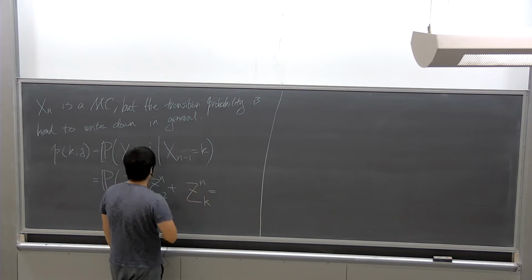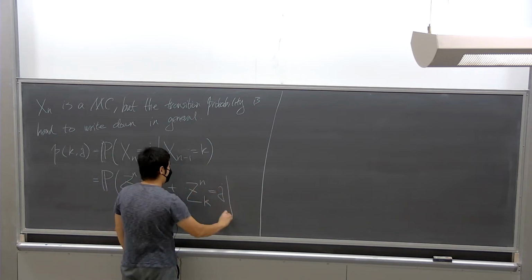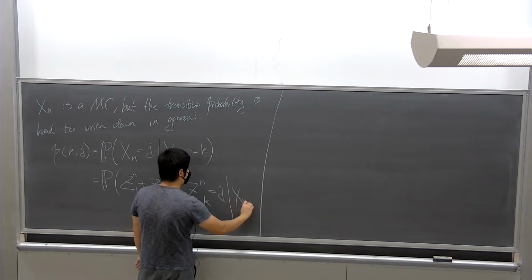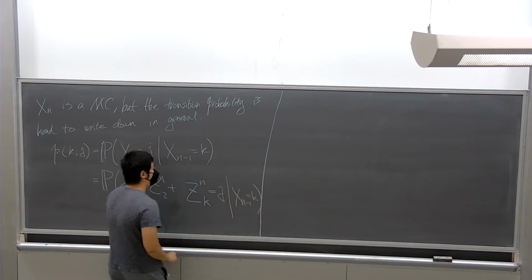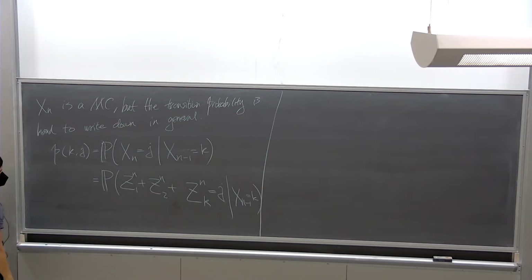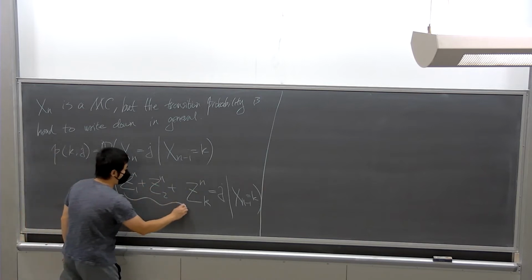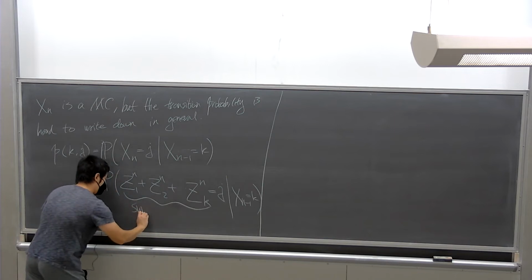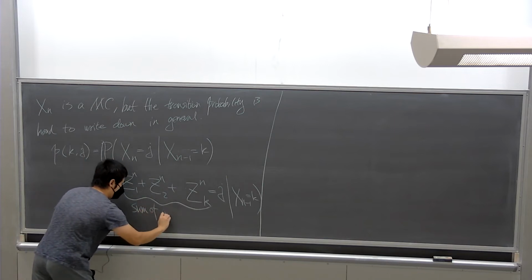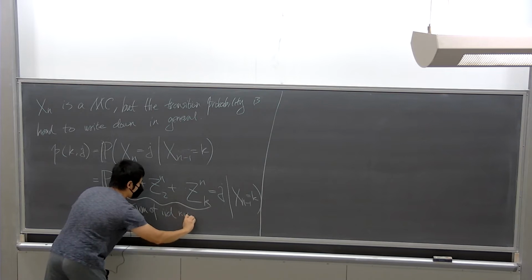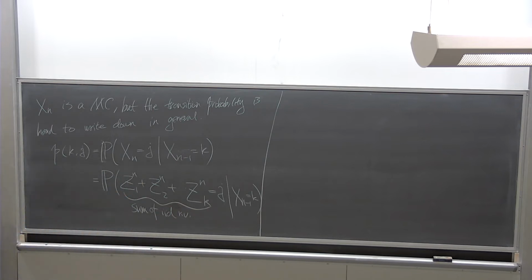So this sum here has to be equal to J, given that X_{n-1} is K. This is just this formula over there. And then we use the fact that X_{n-1} is K. But in general, this is the sum of IID random variables, right? And if we have, in general, the sum of IID random variables,